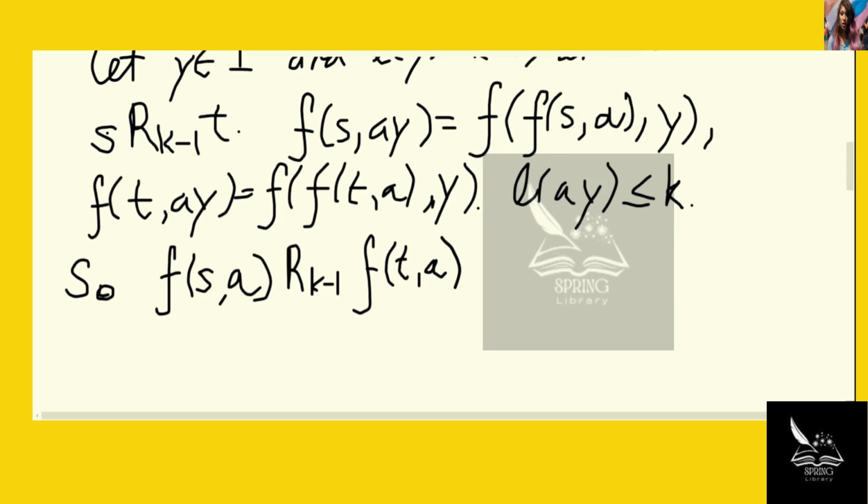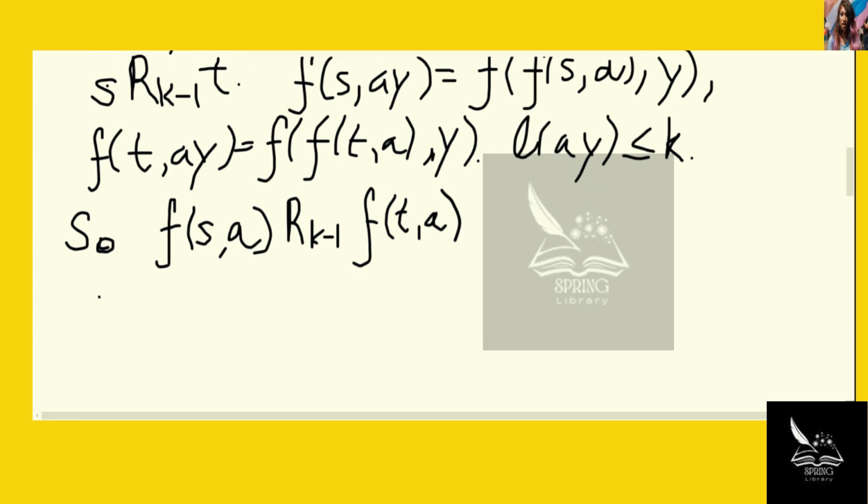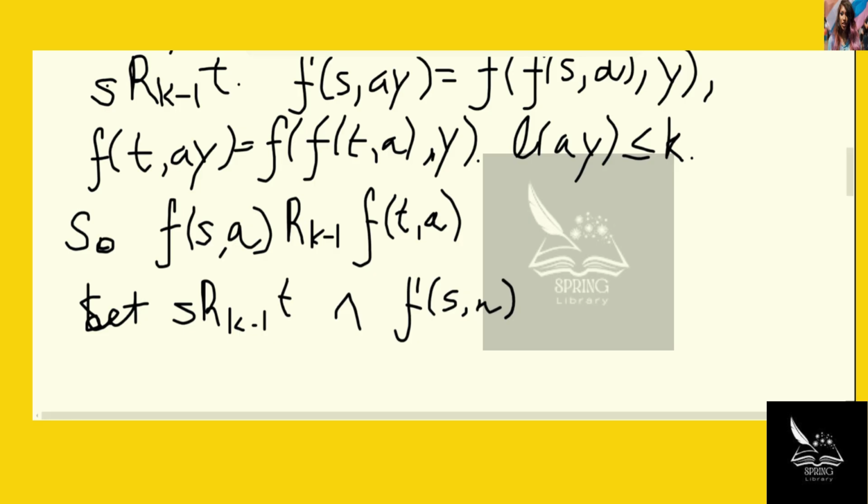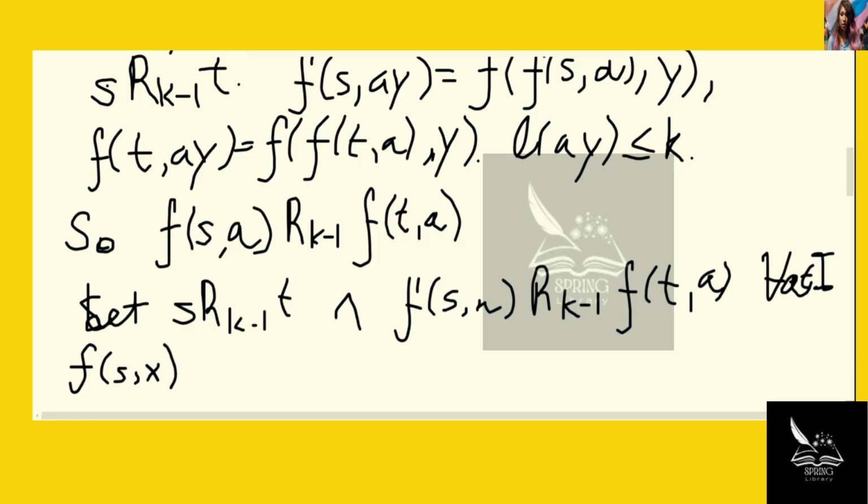So that proves one direction. Now let's suppose instead S is k minus 1 related to T, and that f of SA is k minus 1 related to f of TA for all inputs A. Then it follows that f of Sx and f of Tx are both final states, or are both not final states